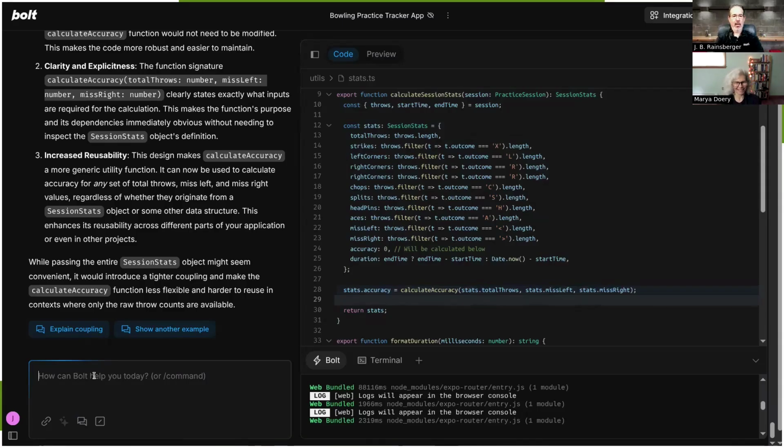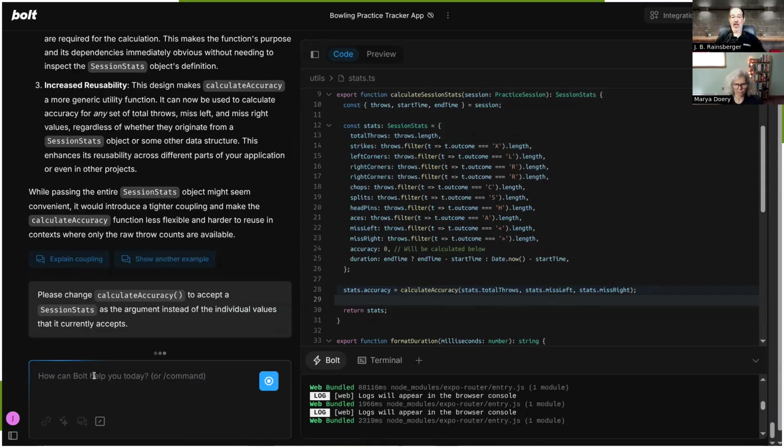Please change calculate accuracy to accept a session stats as the argument instead of the individual values that it currently accepts. All right, let's just see if it does that accurately.